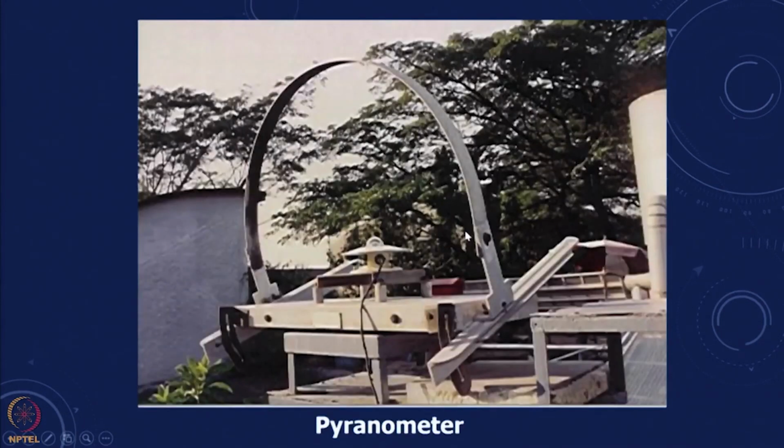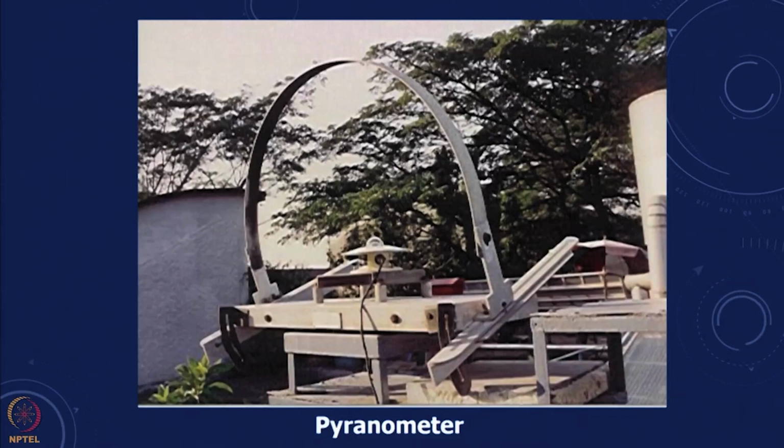You also have what is known as a pyranometer, and the pyranometer can be used for measuring diffuse radiation or total. This is a blocking sheet which can be used to block the direct, and then what is measured becomes only the diffuse. If we remove this, then we will get the total insolation on a horizontal surface, and that will be the global horizontal insolation. So, the direct plus diffuse will give us the horizontal, and these are the instruments that can be used to